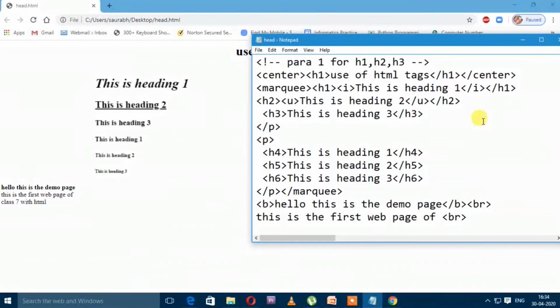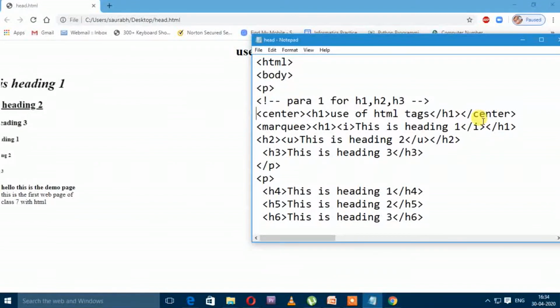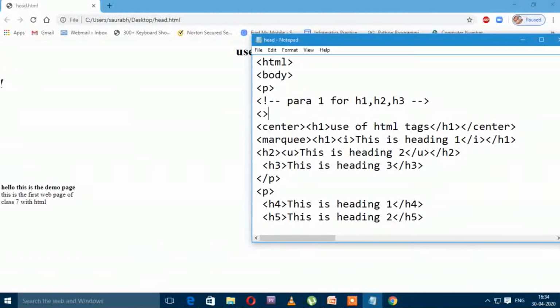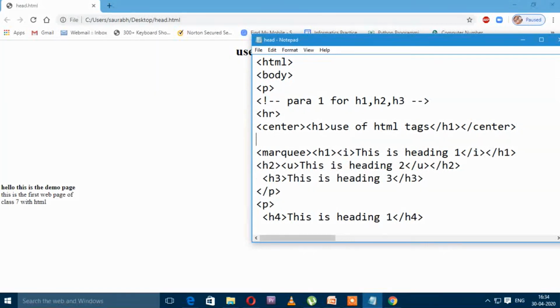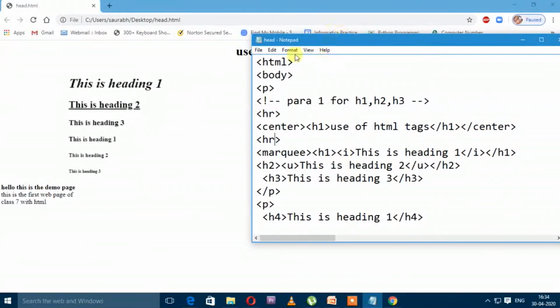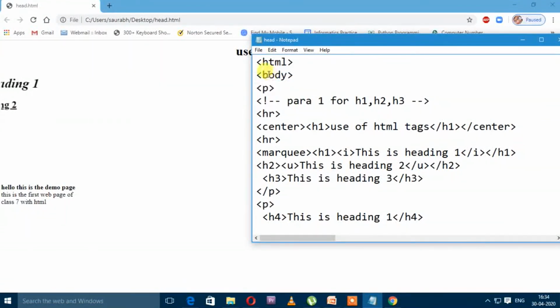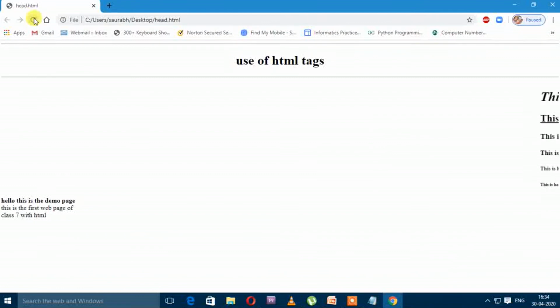So I am applying the HR tag before the center heading, and after the center heading I am also applied the HR tag. Okay, again we made any change here. So move to the file, click on save and refresh. Look at here, you can easily able to see the use of HR tag.